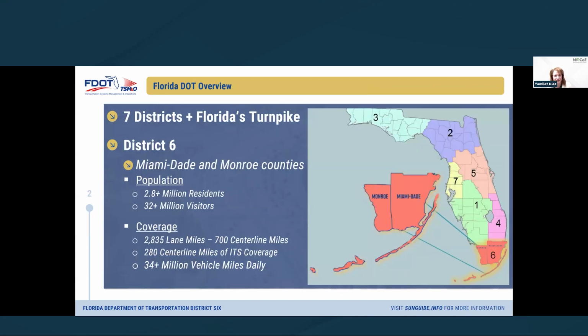So for those of you that are not familiar, the Florida Department of Transportation, we are divided, as you see here, into 7 districts, as well as the Florida Turnpike. And the part that you see in red is what encompasses District 6, which is made up of Miami-Dade County and Monroe County. We have a very large population, but above that, we have a large number of visitors on